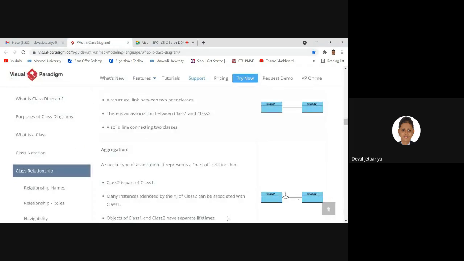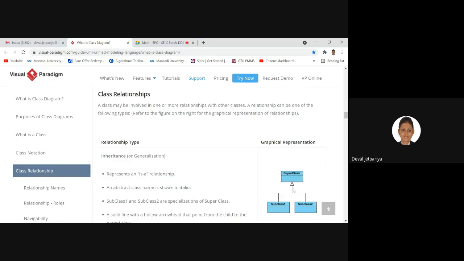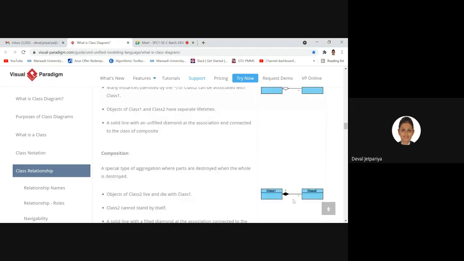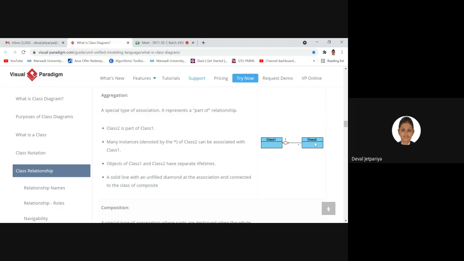Now the third one is aggregation, a special type of association. It represents a part-of relation. Class 2 is a part of class 1, so that can be represented like this. Many instances of class 2 can be associated with class 1, so for that you can use this star. Everyone getting it? Here we had not used a star, but here we are using a star. That means many instances are approaching towards class 1.